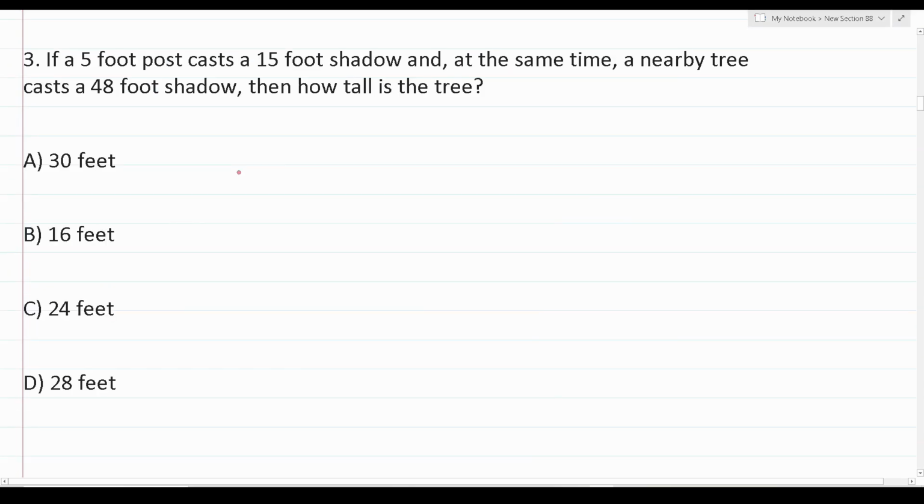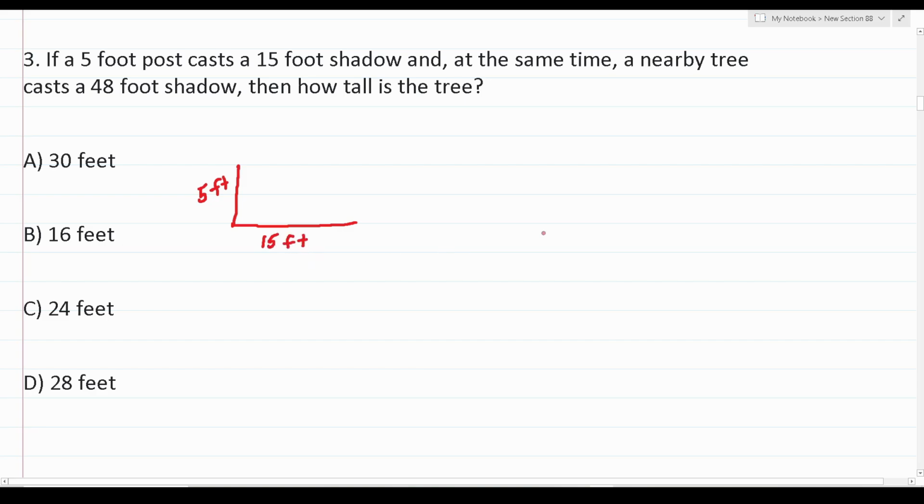All right, number 3 here says, if a 5-foot post casts a 15-foot shadow, and at the same time a nearby tree casts a 48-foot shadow, then how tall is the tree? All right, so for this one, it's going to be helpful to make a little sketch as to what's going on. Again, we have a post that's 5 feet tall, and according to the problem, we know it's casting a